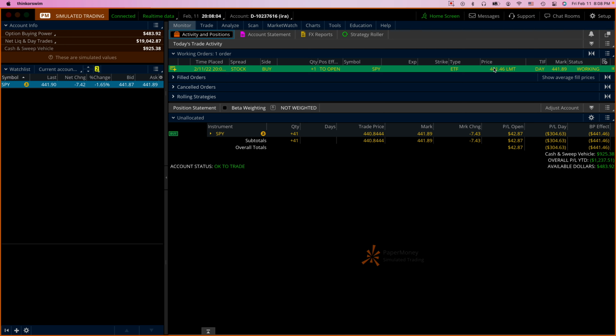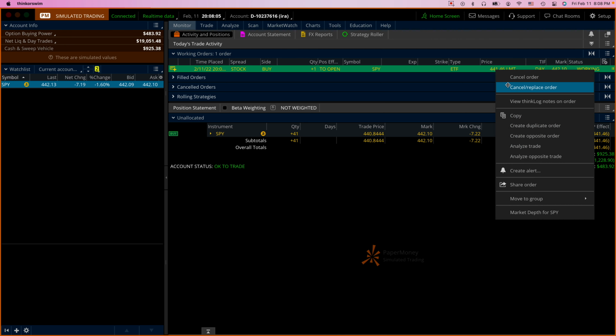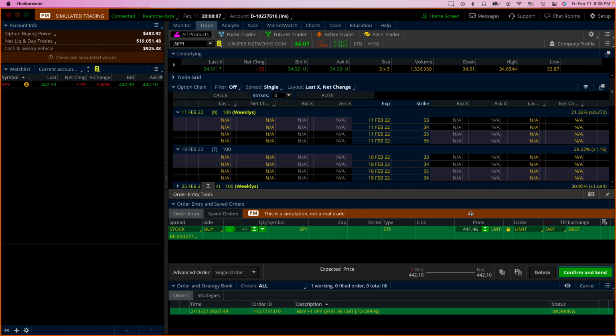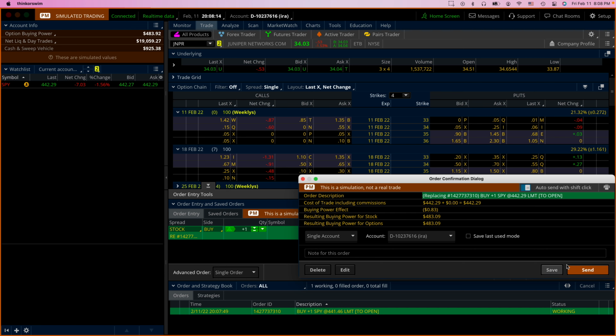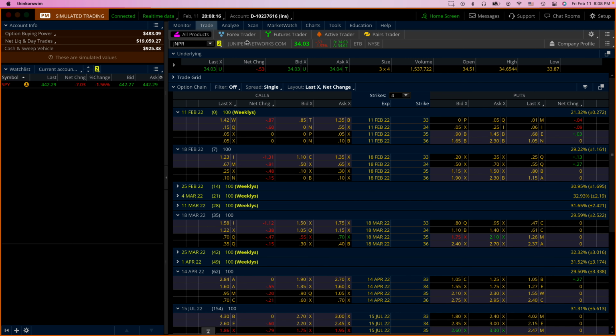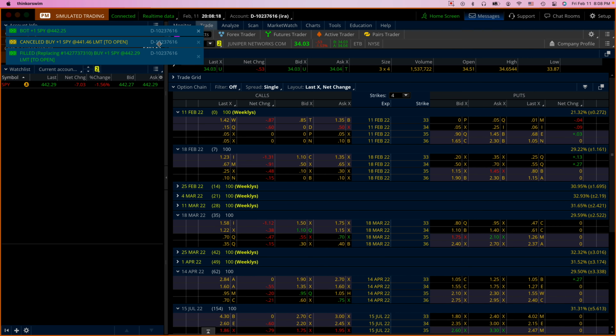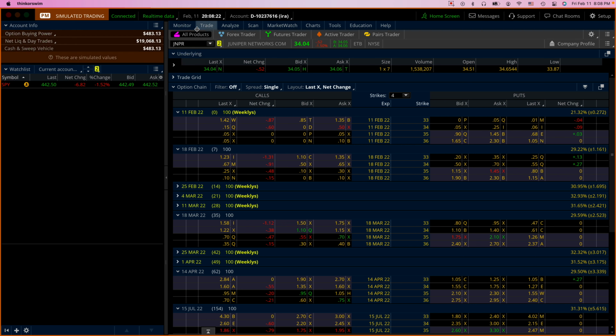So let's adjust that, cancel, replace, and then just unlock it, and now it's $442.10. And then it is filled. Okay, so now we have 42 shares,